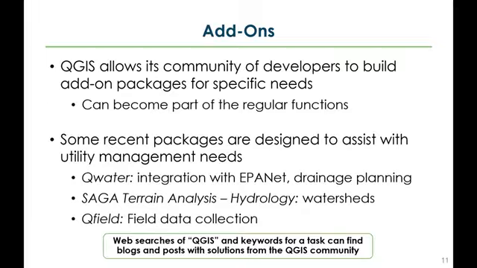Saga is another one of these broader GIS platforms, and it has a lot of excellent capacity for terrain analysis. And so here's what I was mentioning with the watershed delineation and other functions too that are quite helpful. And QField, I actually just found while working on this